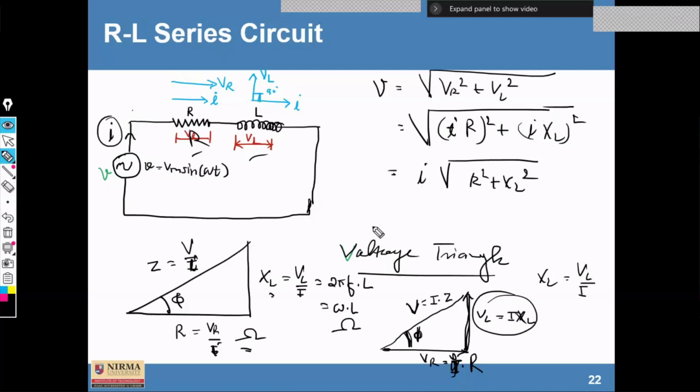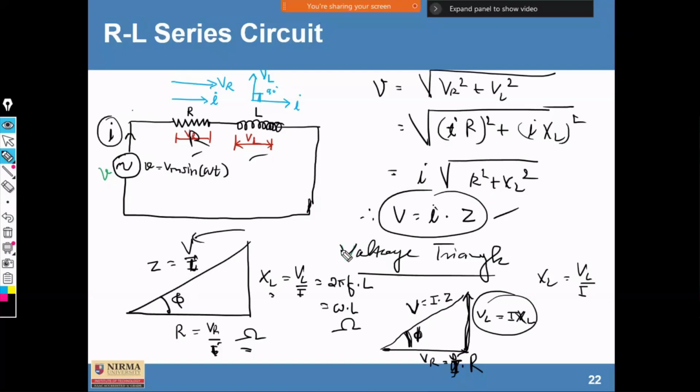Fine. So here V by I, or I can be represented V by Z. Right? So this term is the total impedance or total resistance of the circuit. Fine. So here we can represent V is equal to I into Z. Right. So here we can write the impedance Z is equal to V by I, or V is equal to Z into I. Okay. So this way we can also write an expression of impedance V by I, and it is similarly written here, and we can find the various parameters from these different equations.